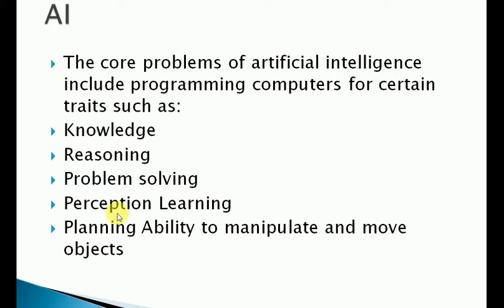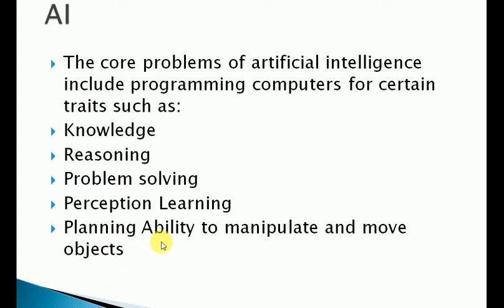Problem solving: if I talk about a small puzzle game, definitely there is a lot of logic in that. And if we talk about the biggest scenario, problem solving is one of the problems which AI is facing, because it's a deep concern how to solve a problem. And perception learning: how can we learn the perception of someone? Suppose we are talking about self-driving cars, and the signals are not clear, the weather is gloomy, sometimes there is no proper traffic, so how will the self-driving car work?